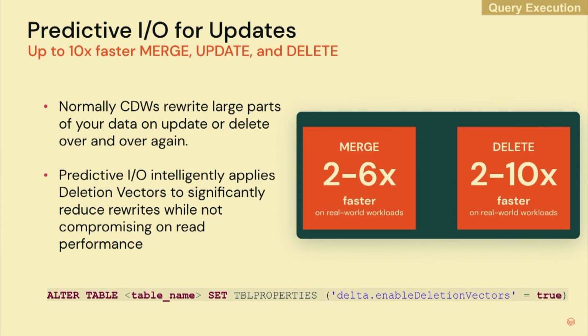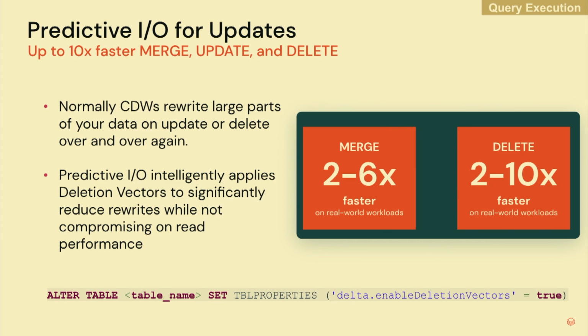But the first step in this journey was low shuffle merge that we did a couple of years ago. And now the final stop on this journey was deletion vectors. There's an algorithm that chooses when it makes sense, like a cost optimizer, to figure out when to go with a deletion vector versus basically writing all the rows out and effectively copying the information. But the TLDR is that it makes your merge 2 to 6x faster, or your delete 2 to 10x faster